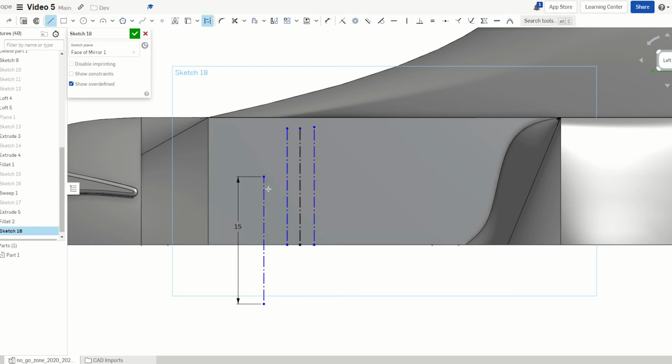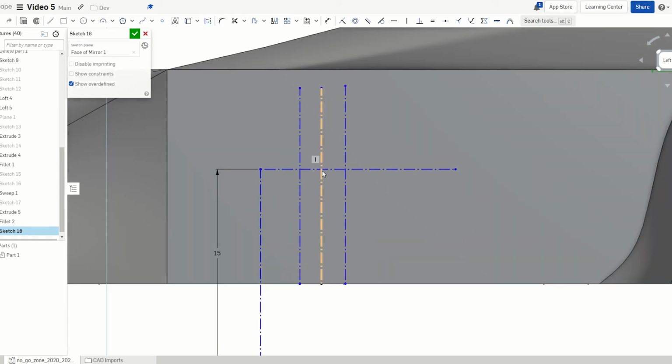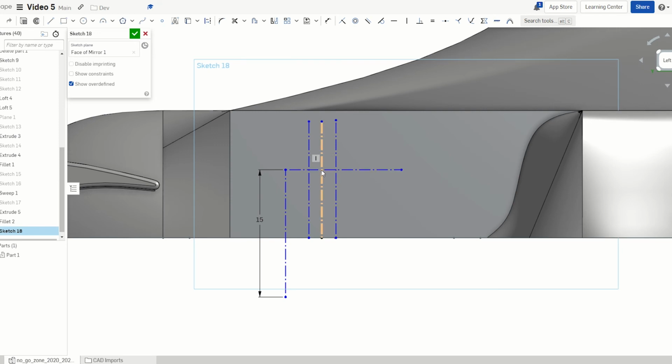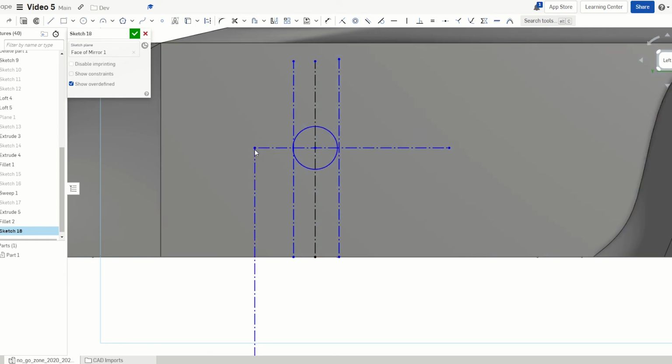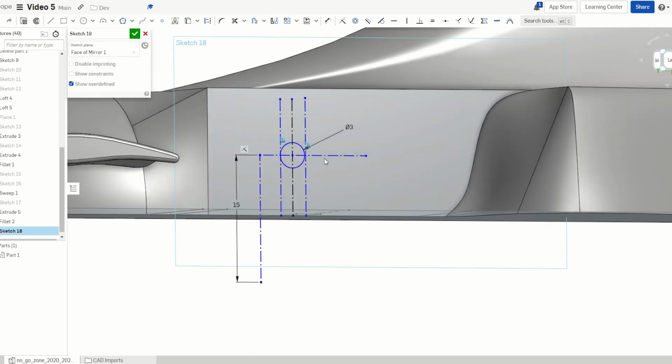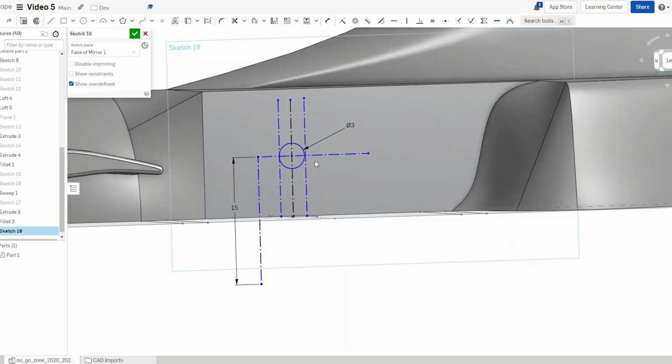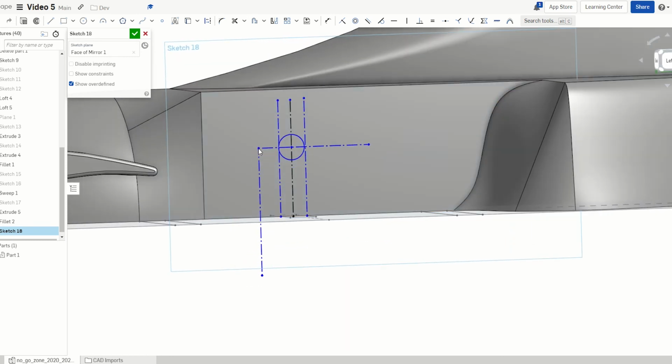So then I'm just going to take another construction line, put it right there. And then where these two meet, we're going to create a circle. That, and dimension it to 3 millimeters. Like that. So hopefully it should touch the sides of your construction lines. I'm thinking I might actually bring it down slightly further. So once you positioned it,